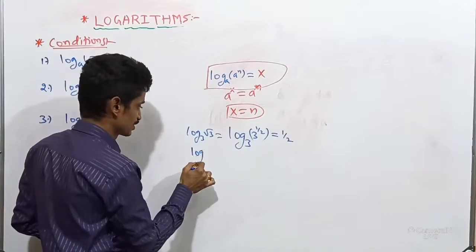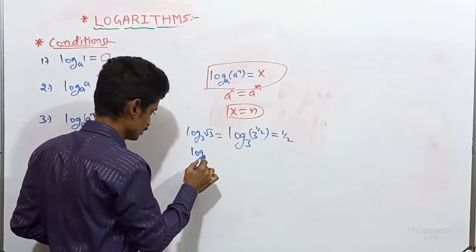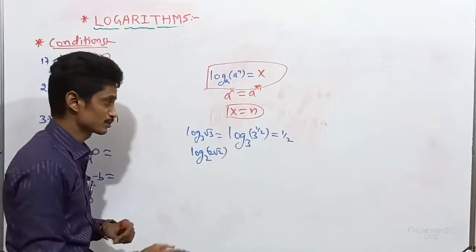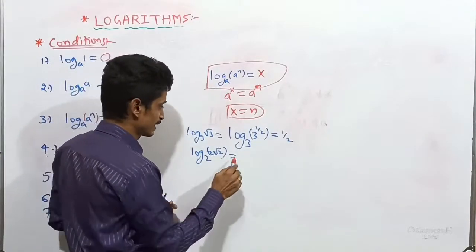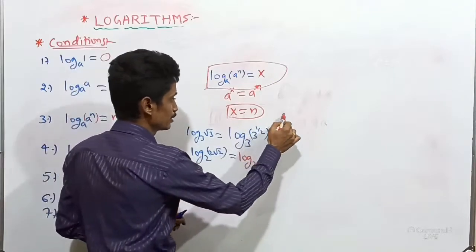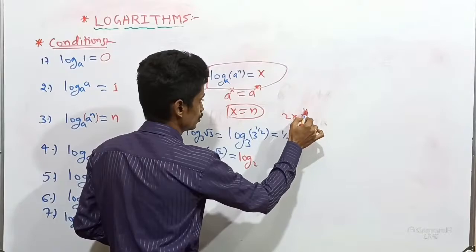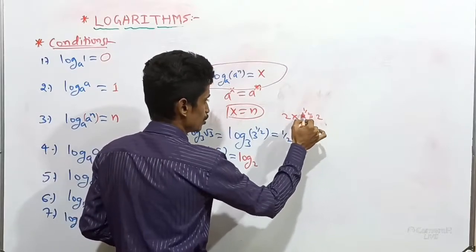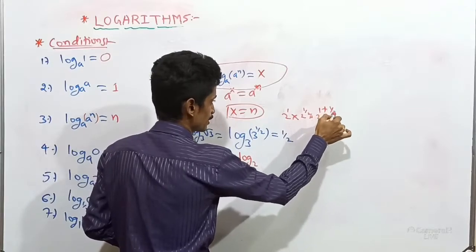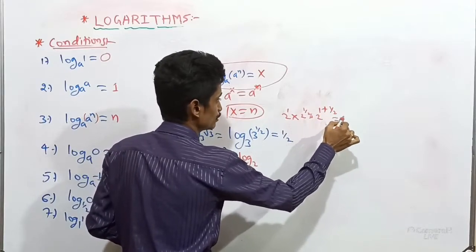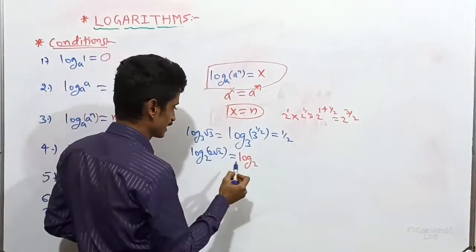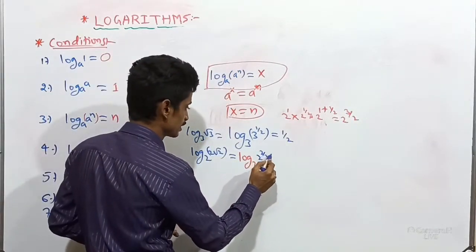One more example, just try to answer. Log base 2 of 2 times root 2. My number is 2 times root 2. How to write it? The log has the same base, as it is 2 into root 2. Root 2 is nothing but 2 power 1 by 2. 2 power how much here? Nothing means 1. According to the first law of exponents, that is 2 power 1 by 2. Hence my answer is 2 power 3 by 2. Rewriting that, 2 power 3 by 2.